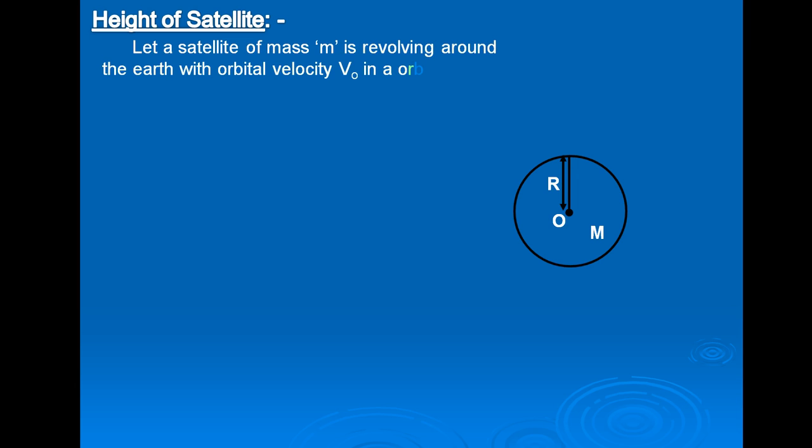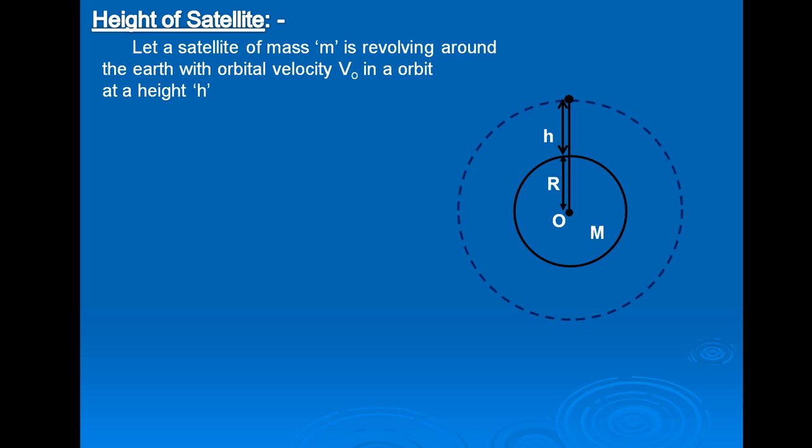Suppose this is the Earth with center O, mass m and radius capital R. Let a satellite of mass m be revolving around the Earth with orbital velocity v0 in an orbit at a height h. Suppose this is the orbit